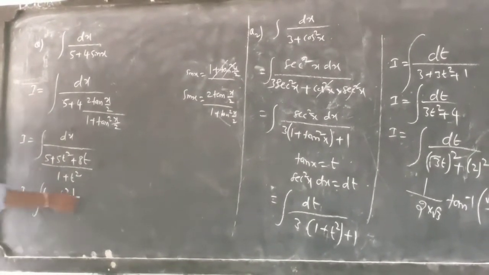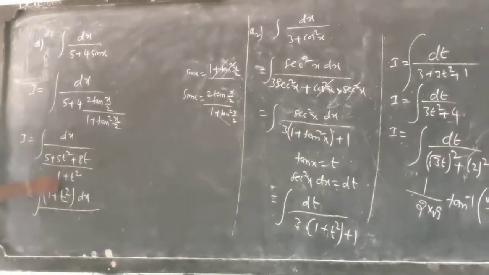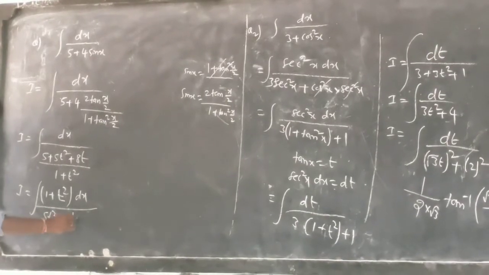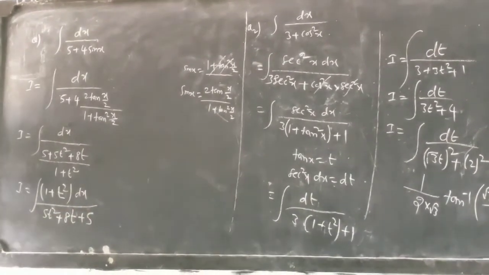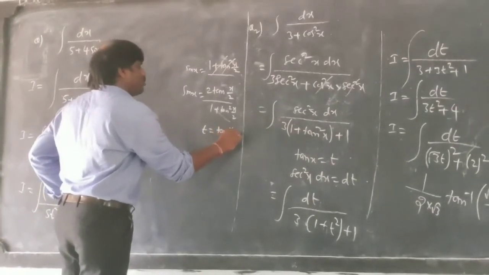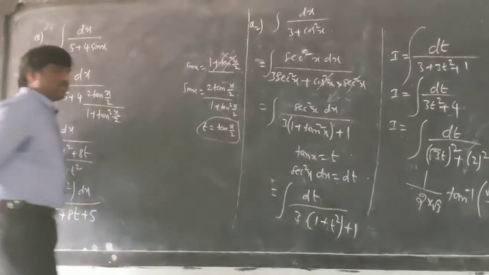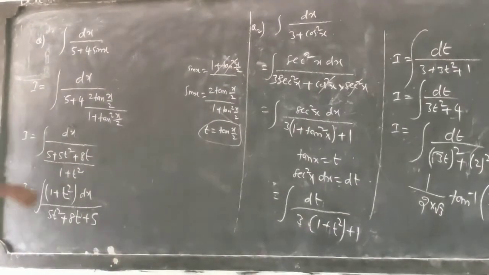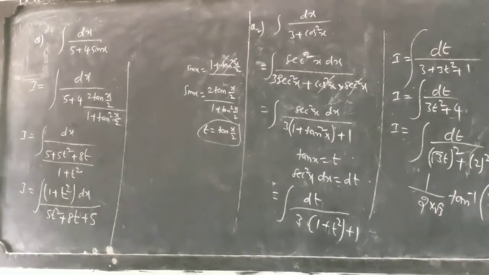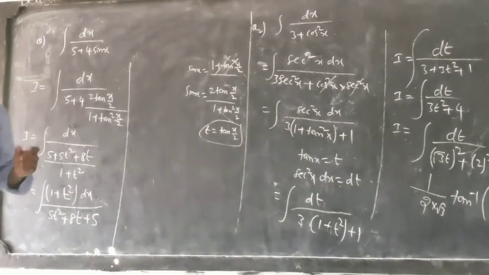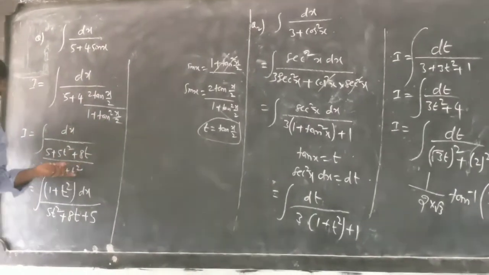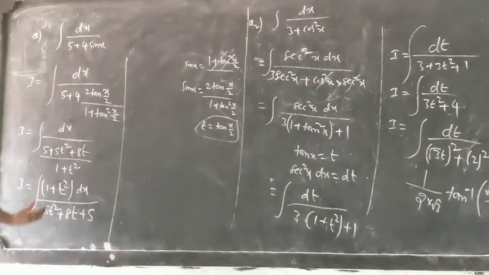1 plus tan square x by 2 dx divided by, I am taking t as tan x by 2 and copying t as tan x by 2. Remember that thing. So what I am going to get in this integration, let us see what the step is. The form number 2 we are doing, form number 2, sin x replaced by this. I replaced, and then do the LCM and simplify.